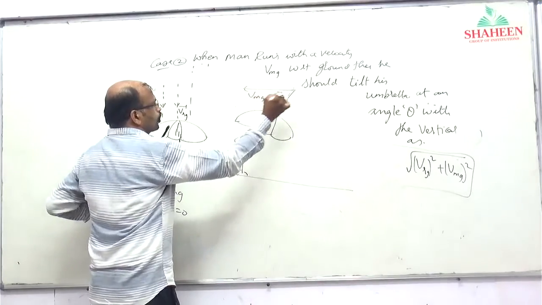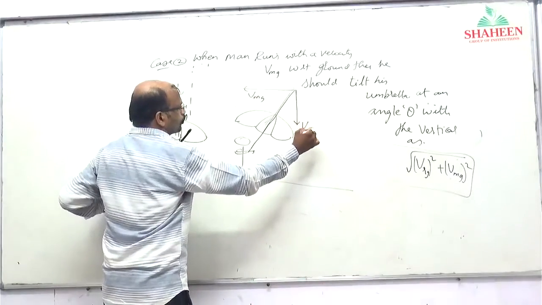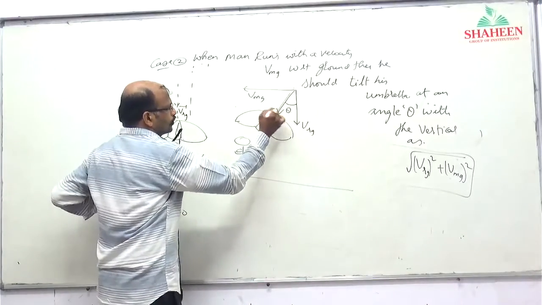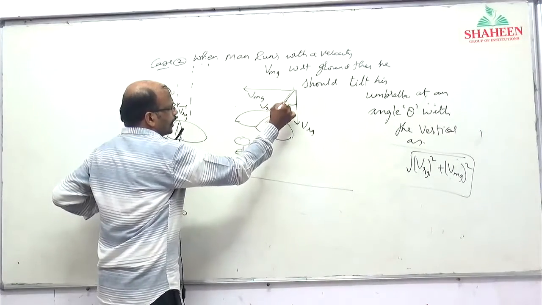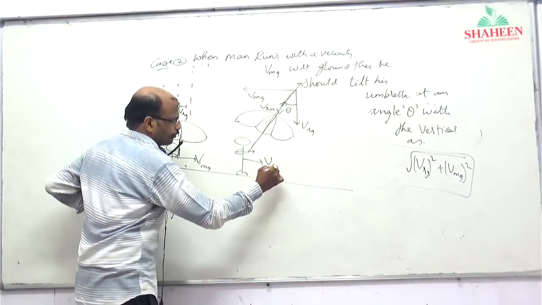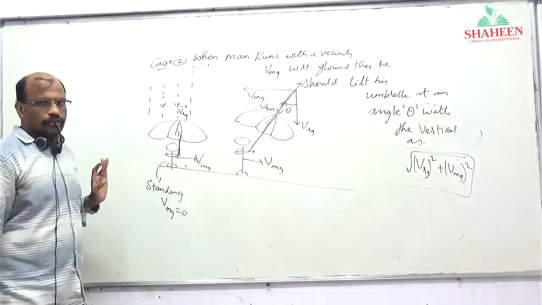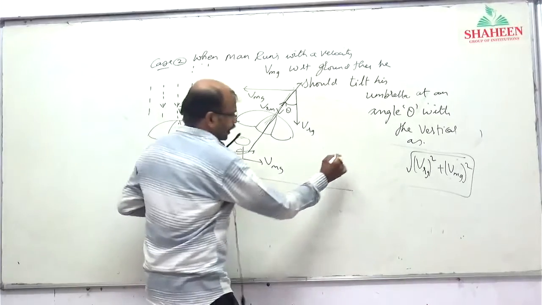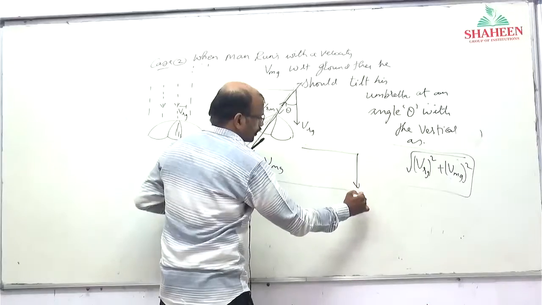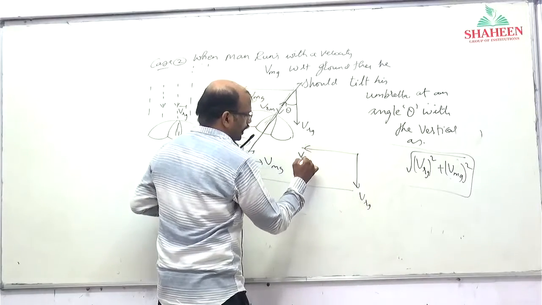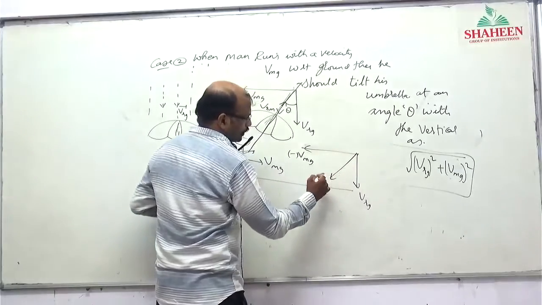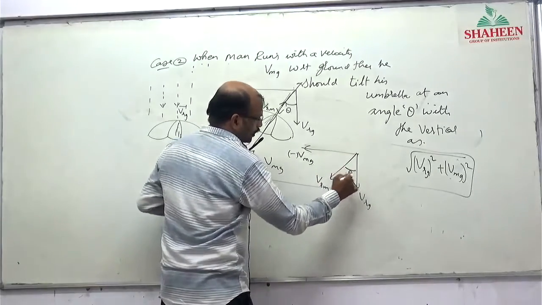velocity of man is to the ground, velocity of rain is vertically downward, angle theta. So this is velocity of rain with respect to man, and this is the angle at which I should hold the umbrella when he is running. Okay, you understood now? Vector diagram, triangle I am drawing here. This is Vr in this direction. Minus Vm will be in this direction, right? And Vrm will be in this direction at an angle theta.